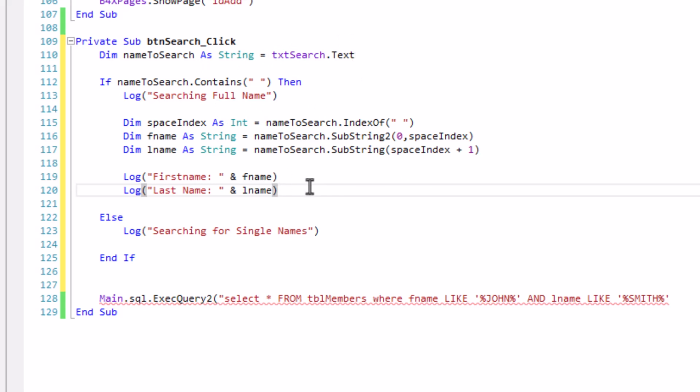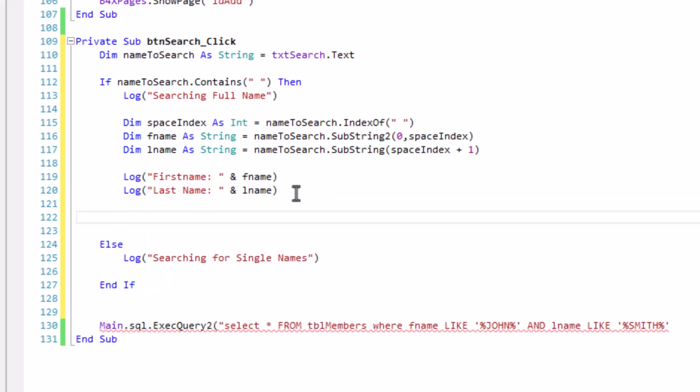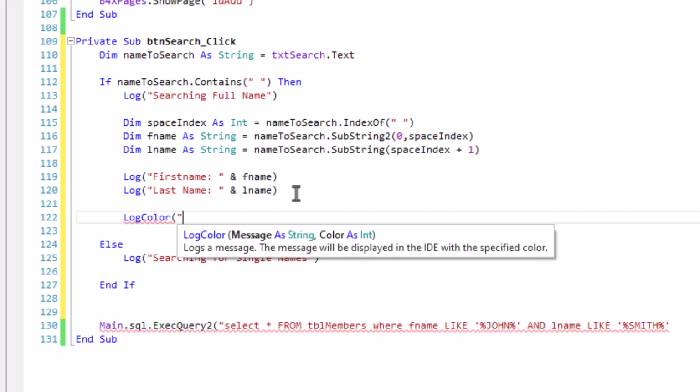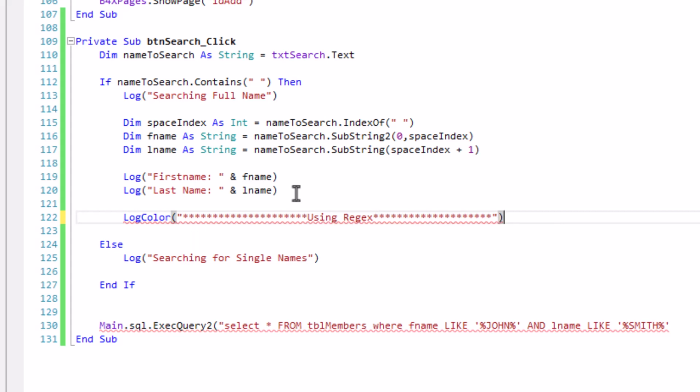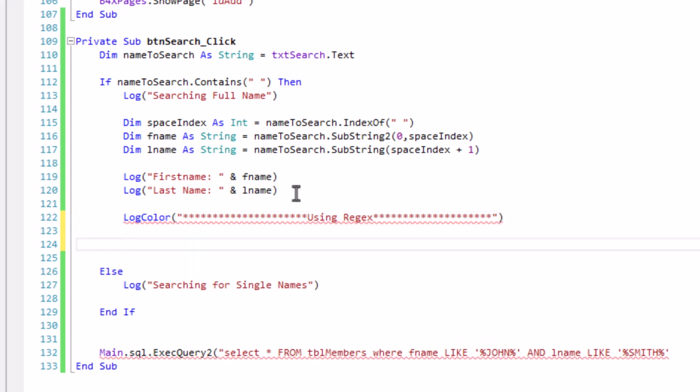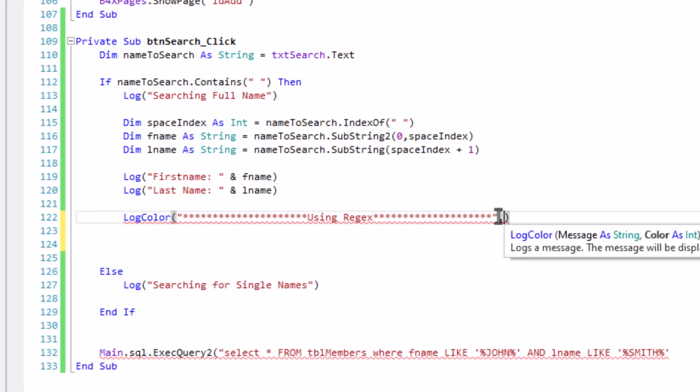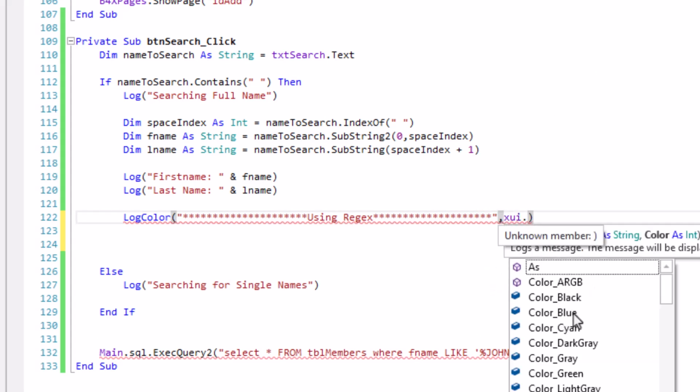So the second way we can do it is using regex. Let me do that one here as well for learning purposes. You have to specify the color, color blue.